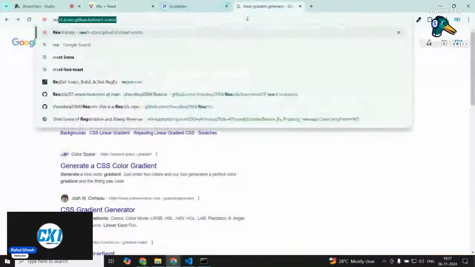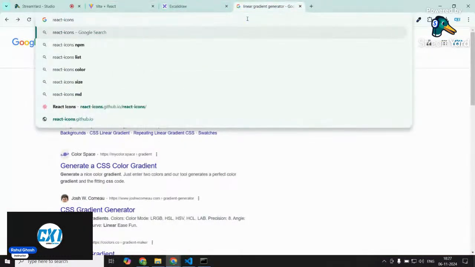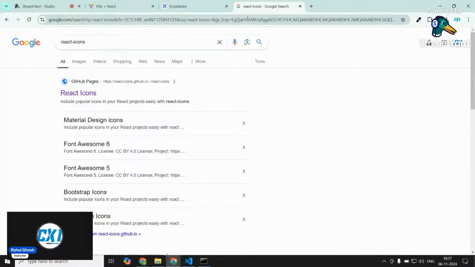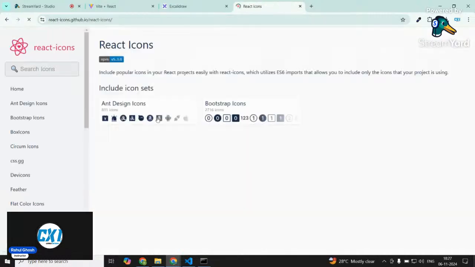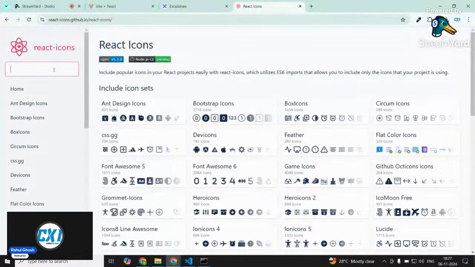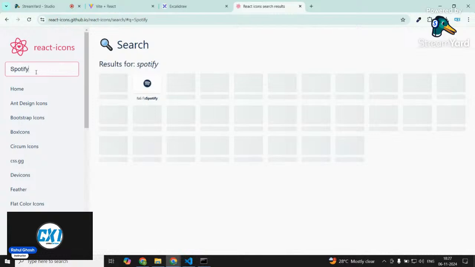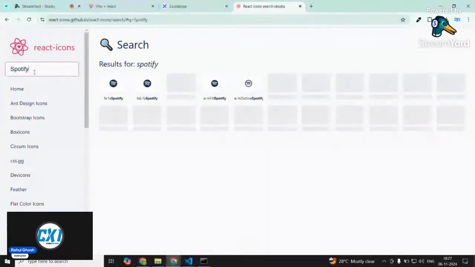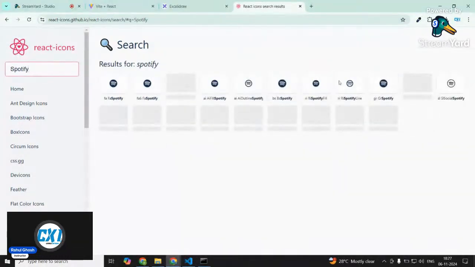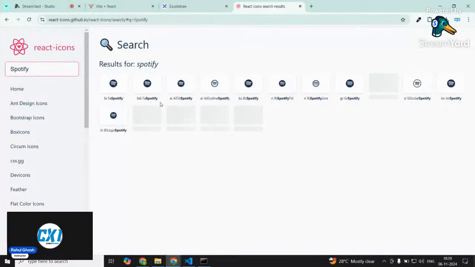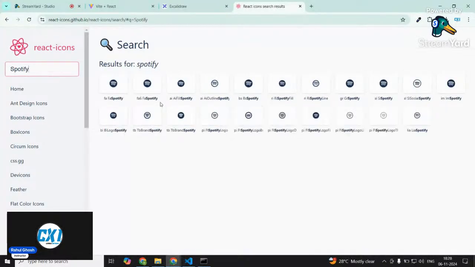Now let me show you another very good package for the React application, and the package name is React Icons. So if you use React Icons, then it will help you to use any kind of icons. Like if I want to use the Spotify icon, then I will just search Spotify here. मुझे बस Spotify वर्ड को सर्च करना है यहाँ पर, और देख सकते हो यहाँ पर बहुत सारा आइकॉन मुझे शो हो रहा है।